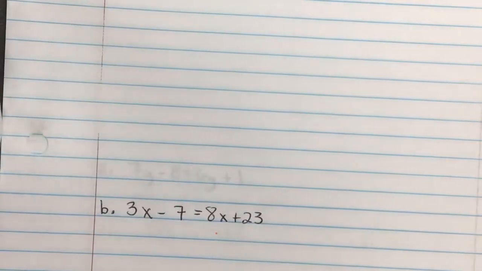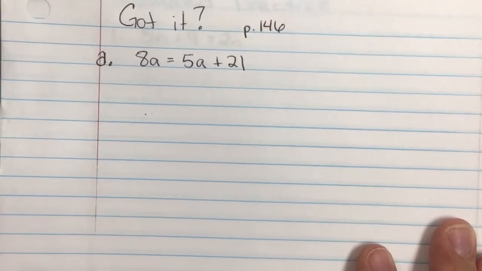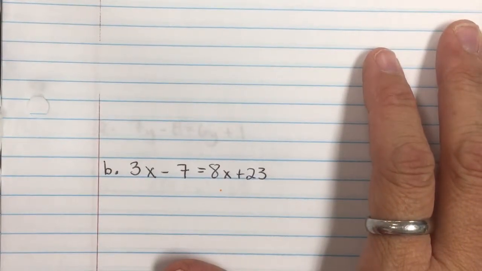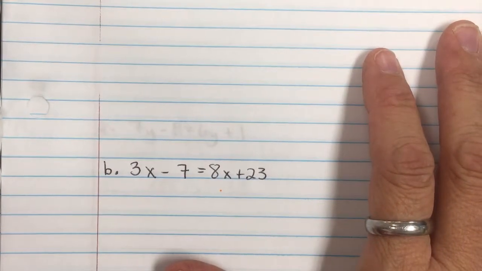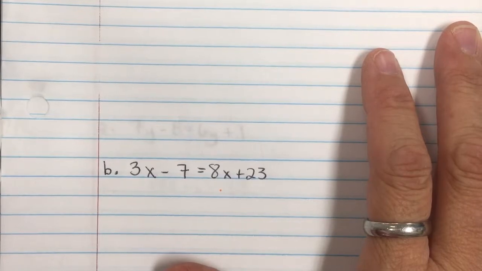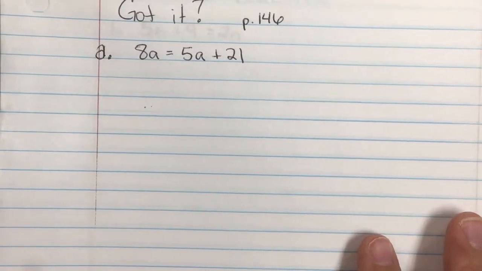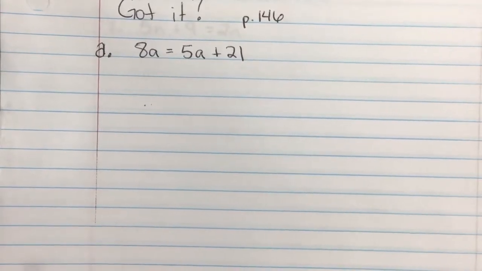So, I want you to try it. On page 146, there are two equations. There's the 8a equals 5a plus 21, and there's also the 3x minus 7 equals 8x plus 23. I want you to do these problems, and I want you to put the answer in Edpuzzle. Now that you've done that,